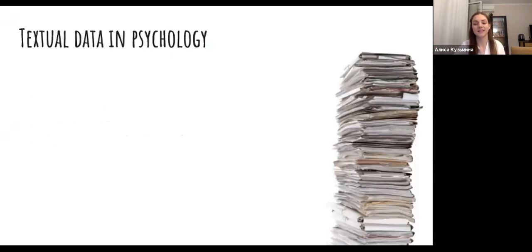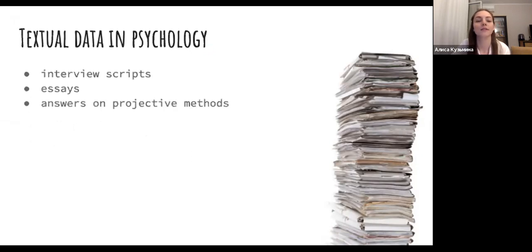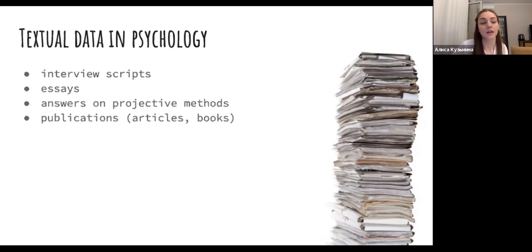So, textual data in psychology. By text, I mean textual data that can be presented in different ways. I think the most historically familiar to psychology are the following: interview scripts, essays that we ask our participants to write or share with us, answers on projective methods, for example, sentence completion tests, psychological articles and books, scientific publications,